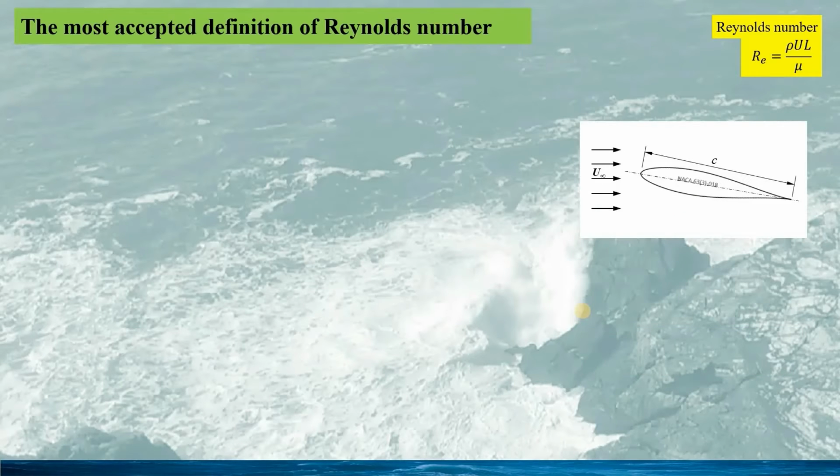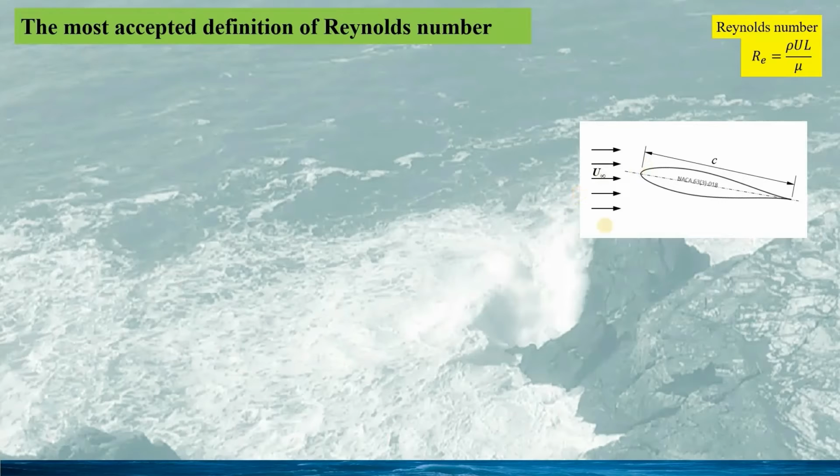In my understanding, the Reynolds number for a 2D airfoil might be the most accepted Reynolds number definition. As the most used structure in fluid dynamics, the importance of airfoil performance is so critical in practical applications. For instance, as we have already talked about, the airfoil performance is very much dependent on the Reynolds number of the airfoils. The high Reynolds number airfoil and the low Reynolds number airfoil would have very different performance.